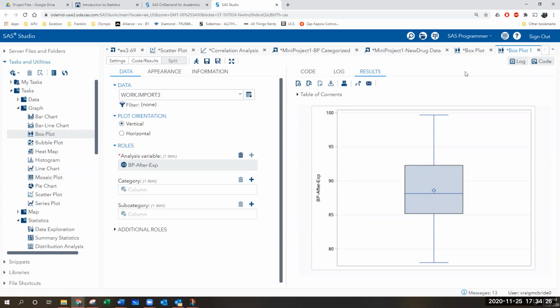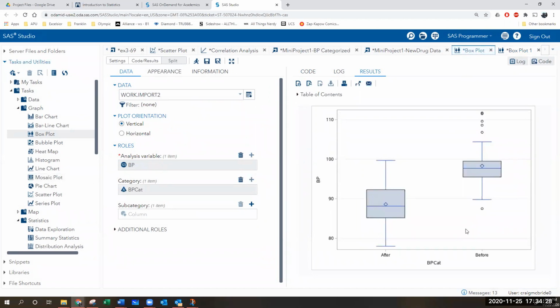The whole point of a side-by-side box plot is to get them both on the same scale, right? So you can see how they line up. You can see that before, right, everything in before is shifted up. So all of these scores are on the whole higher than these. So that's how you can compare those two groups and get that answer. So that's the only other thing I want to make sure I mention, because a lot of people were getting that wrong. Okay, anything else before I call it quits since nobody has any questions?